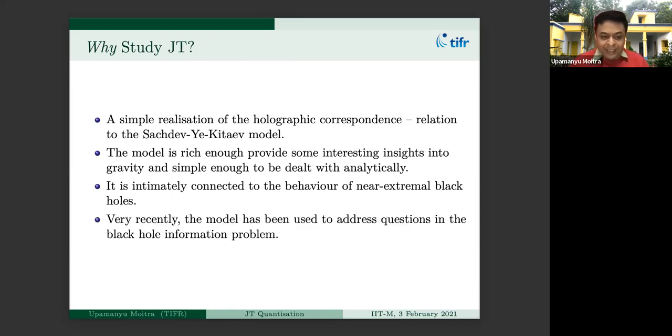And finally, very recently, this model has been used as a prototype to address questions related to the black hole information problem. And there's already a great wealth of work being done on the information problem from the point of view of the JT model. So with that introduction and no further ado, let us proceed and ask what is